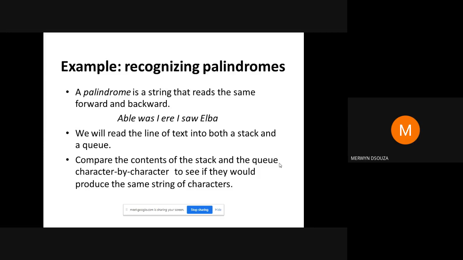So basically, like we have already discussed, a palindrome is a string that reads the same when you read it forward as well as backward. For example, I put one sentence here. In English it doesn't make that much sense, but if you read it forwards as well as backwards, it is the same. Another example of a palindrome could have been the word madam. When you read this word madam forwards as well as backwards, it remains the same.